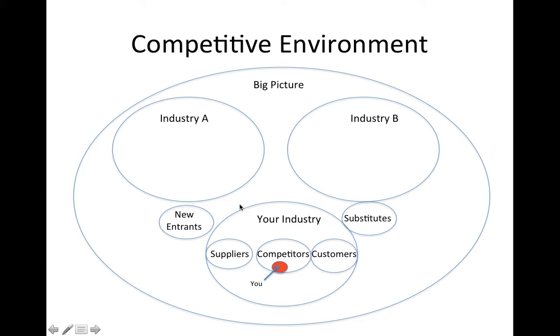But specifically as it relates to your industry, we generally think in terms of your industry being comprised of competitors, of which you are one, suppliers, customers, substitutes, new entrants, and sometimes, depending on whether you adhere to the Porter Five Force model or value chain or something else, you might add the concept of a complement. We'll talk about what that is in just a little bit. So this is intended to give you the context of what we mean by the environment.